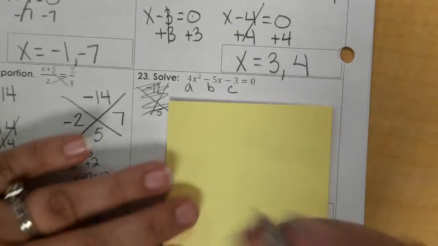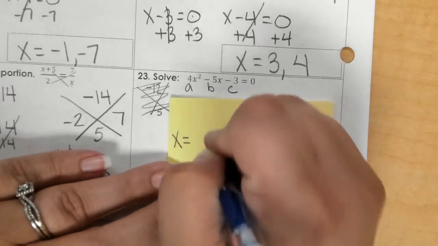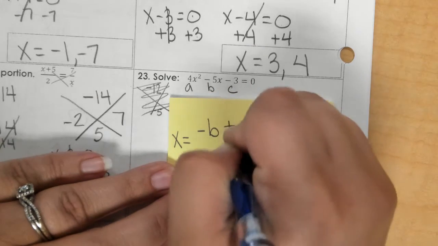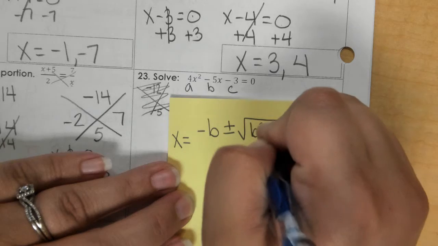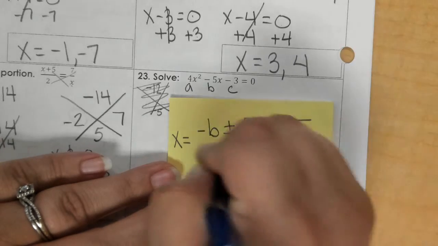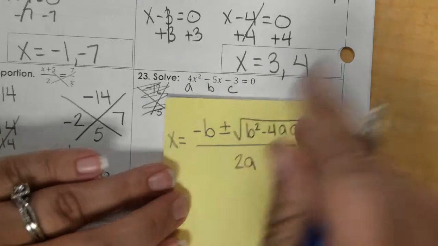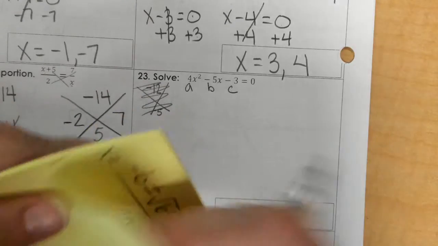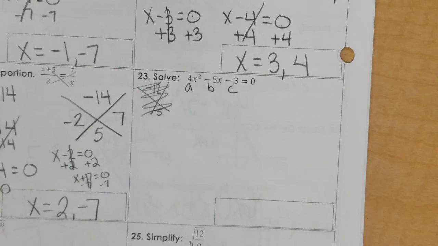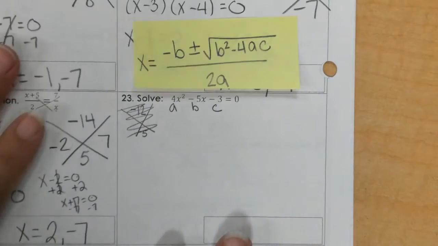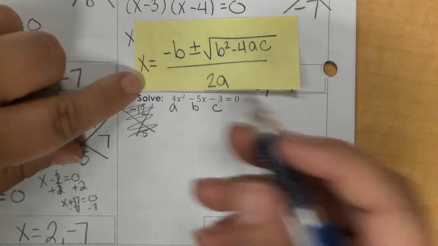So I labeled them a, b, c. And then next, we need the formula. Okay. So, first, after I've labeled it, I need to plug in my numbers. Do this right here. So I would have x equals